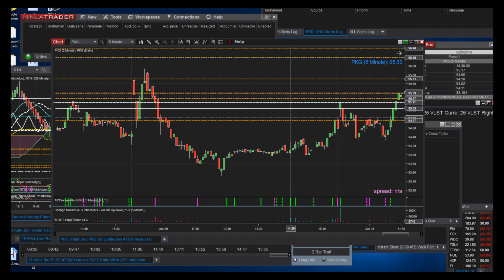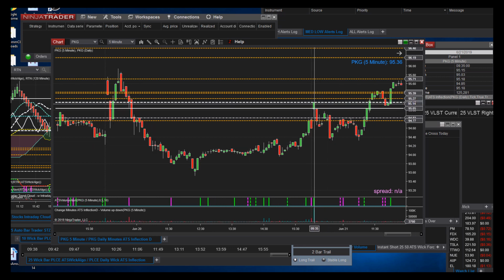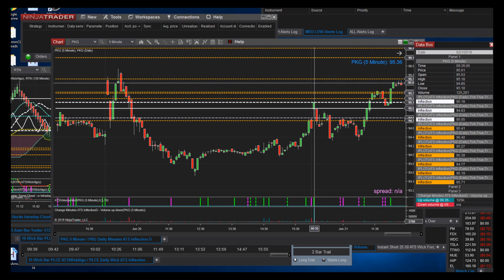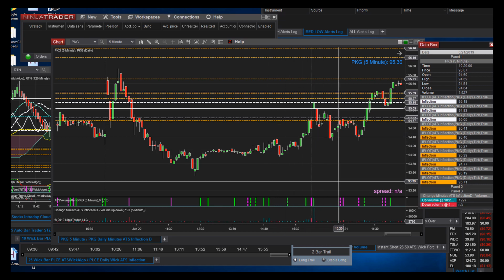Now, if you're looking at previous days, other than the white dotted line on the previous days, when you go back, the other lines, the dashed line or solid white or any of those orange lines, have been there for multiple days. So you can see this gap right into that line. The data box shows the high of that bar at 95.18 in our line. 95.18, that's that little gray box over there. It shows right here as well. 95.18 plotted from the day before, the gap right into the line